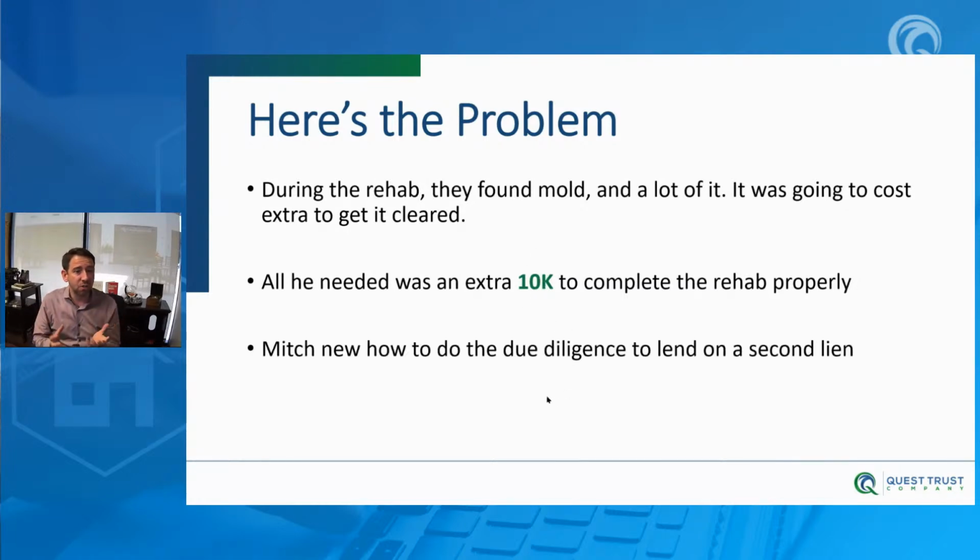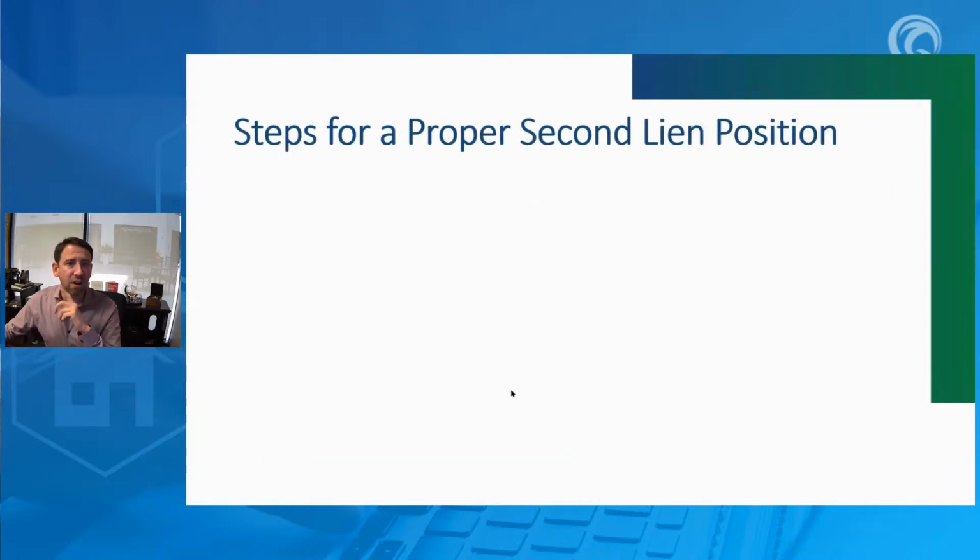So Mitch, who knew how to do the due diligence on a second lien, actually had an attorney by the name of Jeff Watson. You've probably heard him speak at some of our classes and stuff. He used a lot of his paperwork. All right. Now, for the steps to have this second lien, properly kind of going through is right here. Ready? First off, Mitch contacted the very first lien holder, being Jet Lending. Why did Mitch do this? Hey, I want to make sure you guys know that your borrower needs more capital.